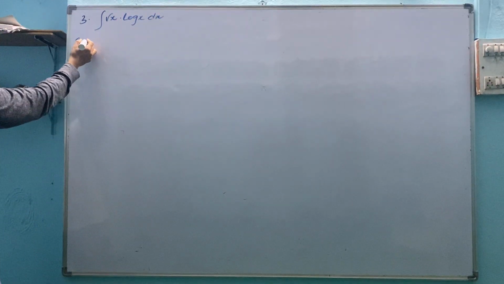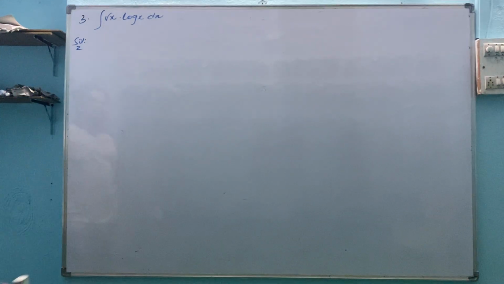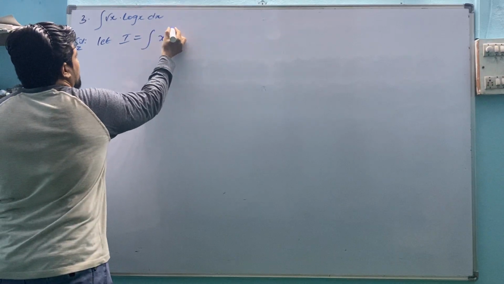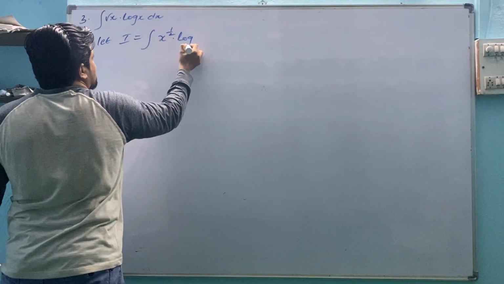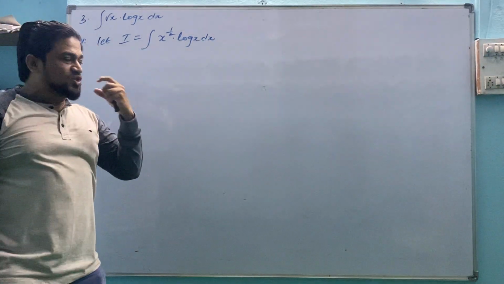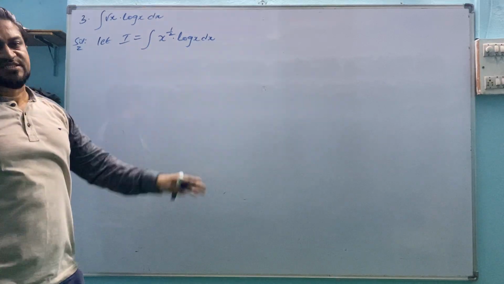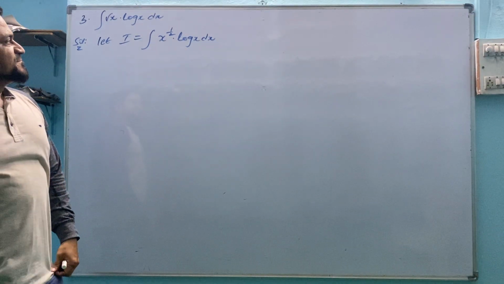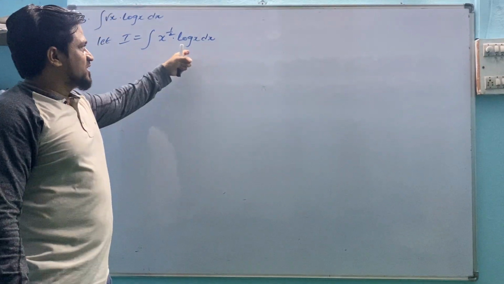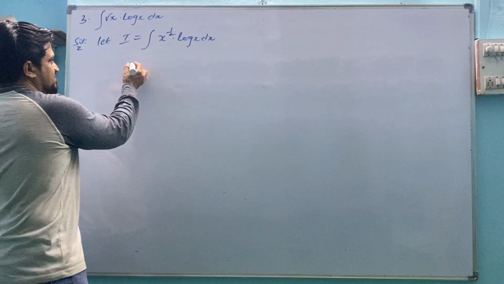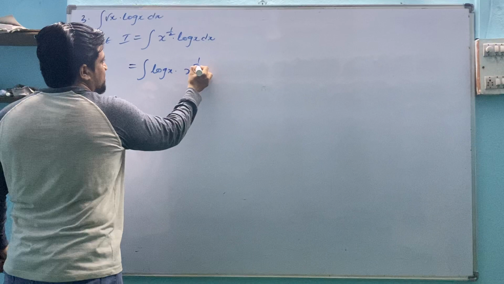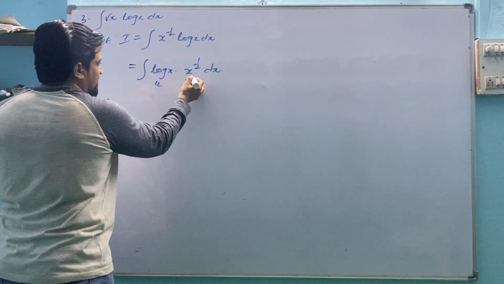Root x into log x. Now we have I equals root x, I'll write x power 1 by 2, and log x. Because we find two terms, we can't take UV form directly, u as first one, v as second one. Why? We have to arrange this one in order of ILATE form. So according to ILATE, logarithm first, algebraic term second. So log x and x power 1 by 2, this is u and v.